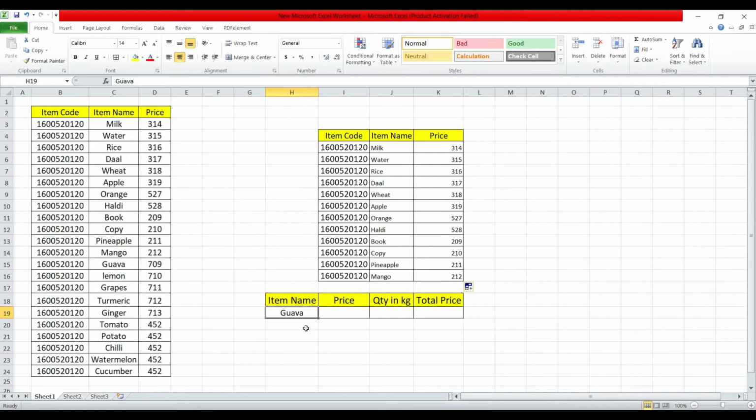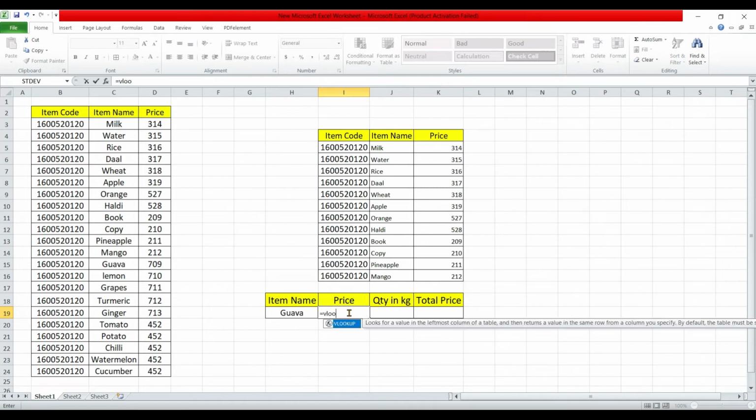The item name is in the second column, so if you apply VLOOKUP from the second column, Excel will not accept it. The value you want to look up should be in the first column. Suppose I want to know the information about guava. I will write VLOOKUP and press enter.